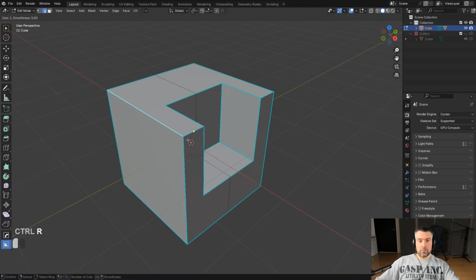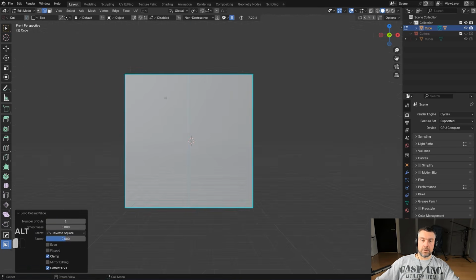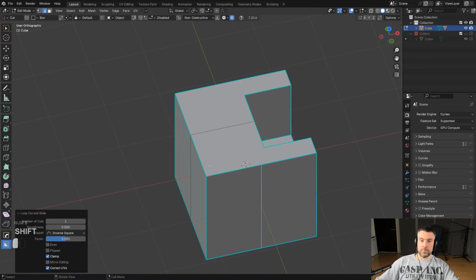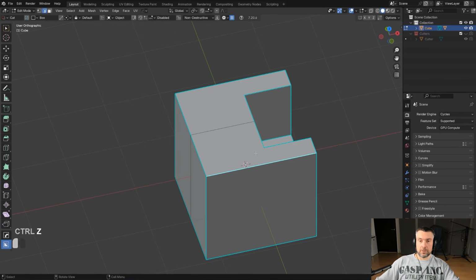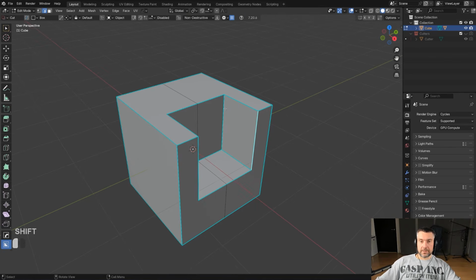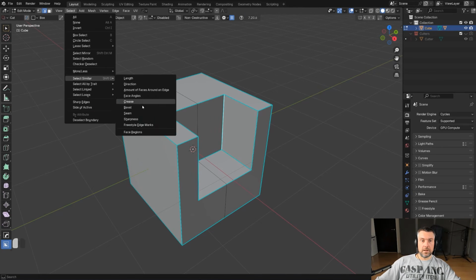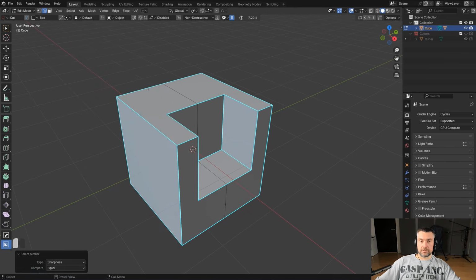Now, if I wanted to run edges here, it's going to be very difficult because it's an n-gon, so I cannot really run loops on this. I would need to basically either run knife cuts or manual loops and connect them with edges. It's a lot of work. So the way you select the edges is simple. You select one of these edges, then select similar, select by sharpness, which is going to select all the sharp